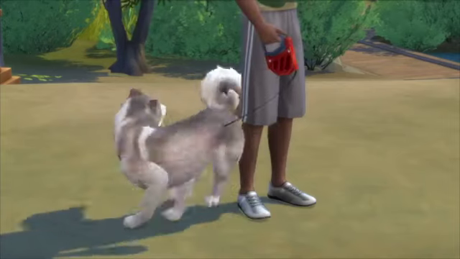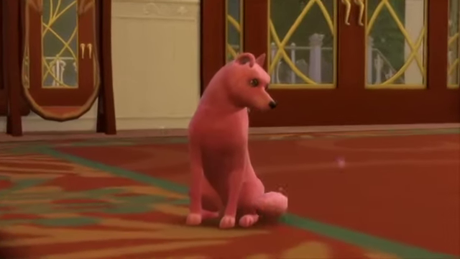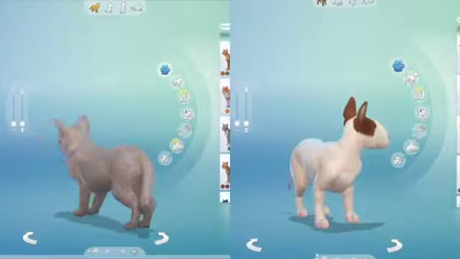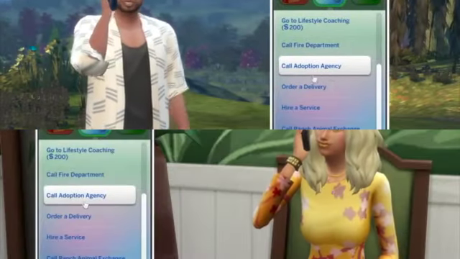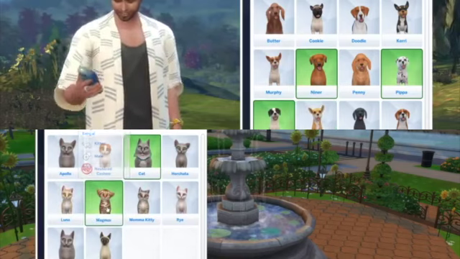And now we're gonna go to dog or cat. Okay, so getting a dog or a cat is pretty easy, and you get it the same way. You can get one from Create a Sim first of all, and you can make one of your own however you want to make it, or you can go on your phone, also a computer, and adopt one there,